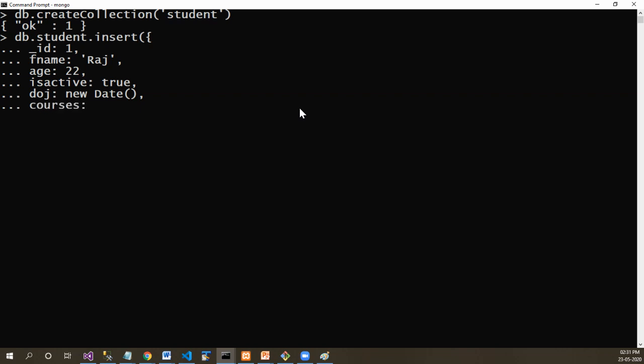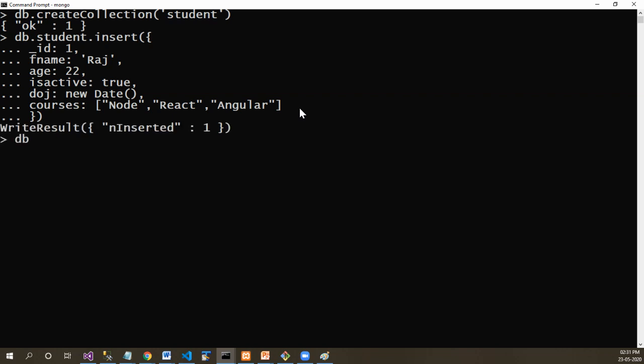So let's add the courses and create the array, which includes the course names. Here I have provided a few course names like Node, React, and Angular. So the array data type is also covered. Now close the curly brace and close the insert.